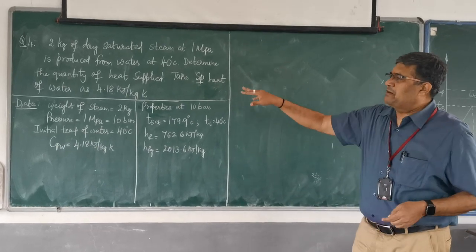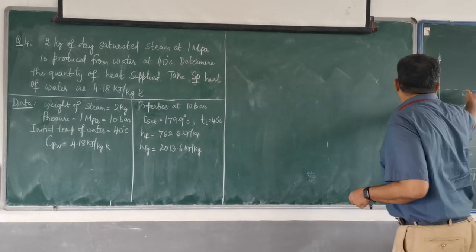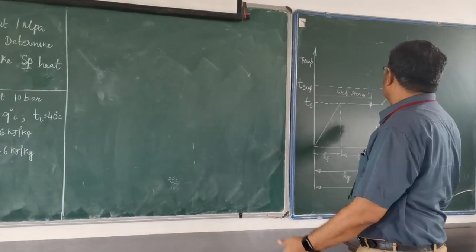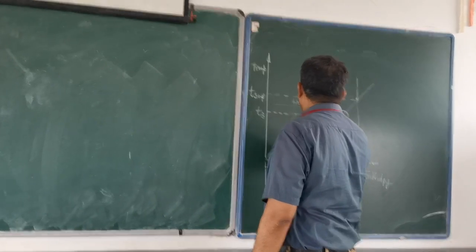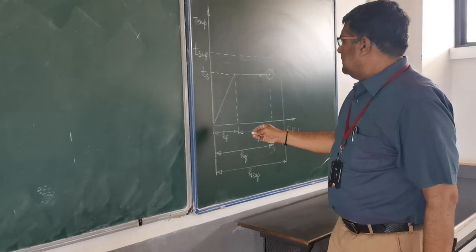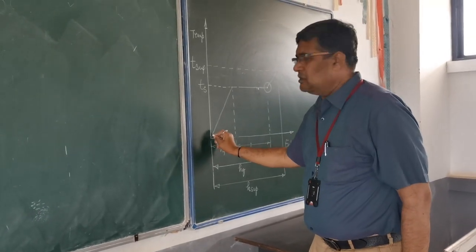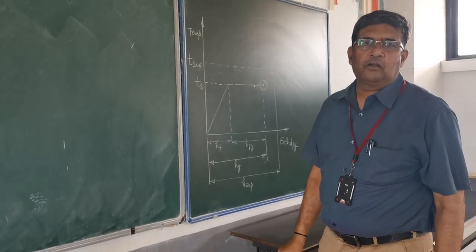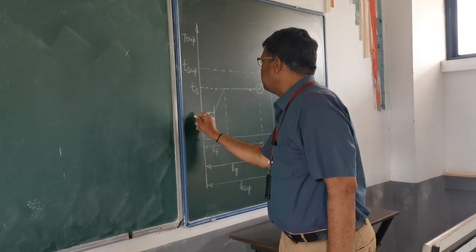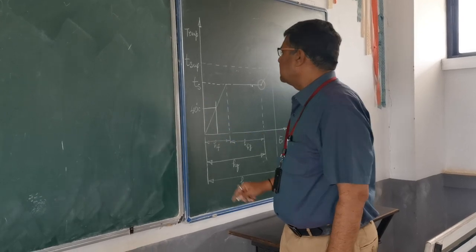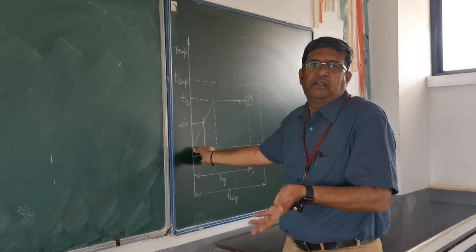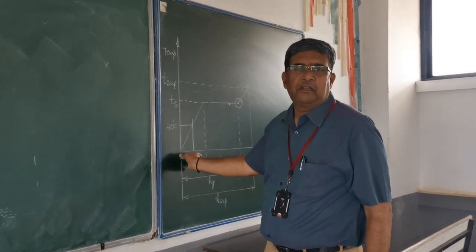Now if I want to represent this here, what it means is I want to produce dry saturated steam. So this is my final requirement. I want to reach this point. But I am not starting from this point, because if I start from this point, that means water is at 0 degrees. I am starting somewhere here, where this temperature is already 40 degrees centigrade. So this amount of heat the water already has, by nature it is already supplied with this amount of heat.